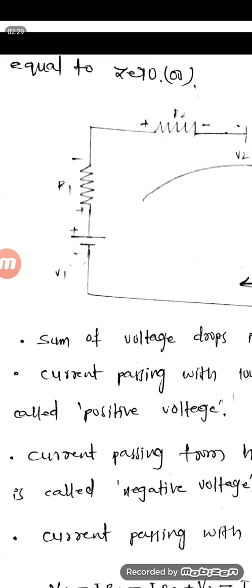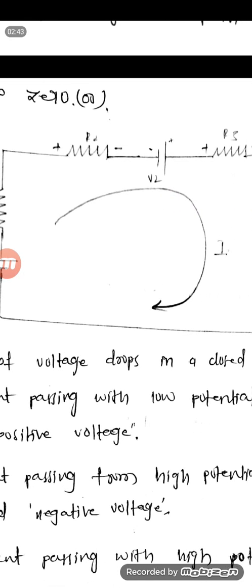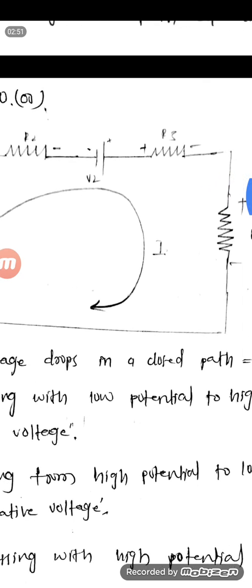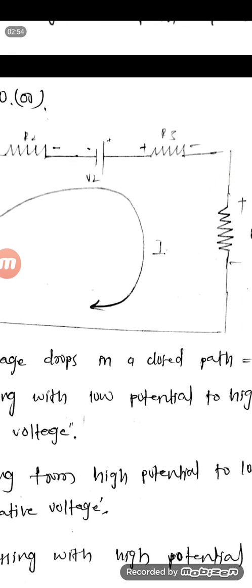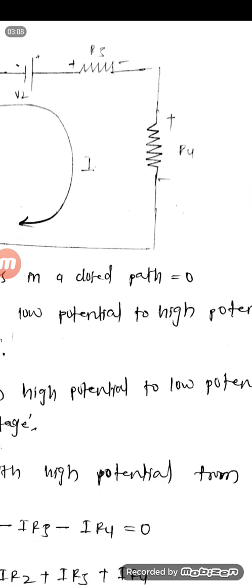The voltage across R1 is positive to negative, so it is falling. That's why we take minus I R1. Across R2, again plus minus, again falling, so minus I into R2. Here V2 is minus to plus, so it is rising. The voltage across R3 is again falling, plus to minus, so minus I into R3, and across R4 minus I